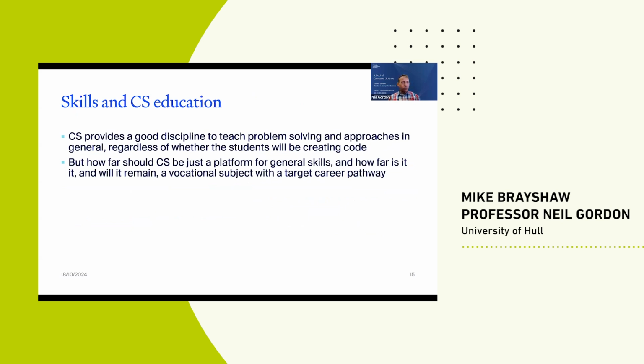So think about the skills that we teach our students. We think more about the general skills we teach in computer science. So we can teach problem-solving approaches, how you break down problems, how you understand them. Another question becomes, how far does CS become a general problem-solving degree, and how far is it still a vocational one, creating developers? Is it creating a career pathway for people, or is it going to become more like many arts subjects currently are? It gives you good graduate skills, but chances are when you go into your future, you won't be applying the direct knowledge you've used, because in programming terms, the AI is making that.